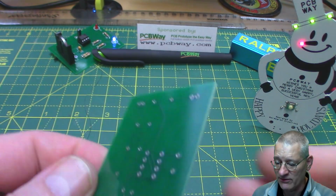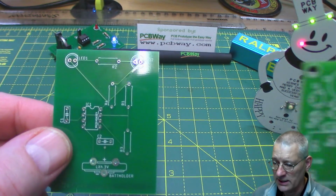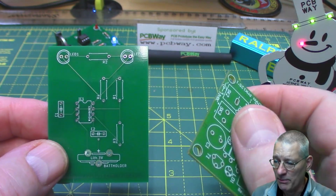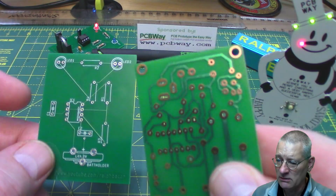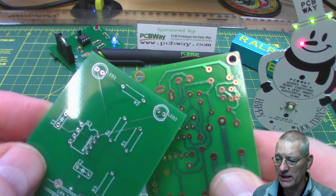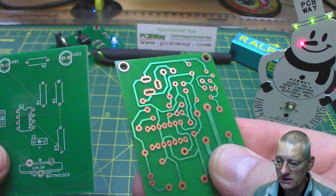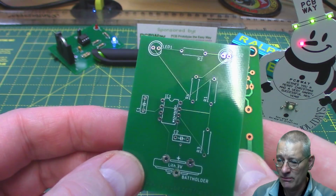Now compare that in fact to a different brand of PCB that is not so good. Here's a professionally designed PCB, but if we look at the back of this, you can see that it's just bare copper, which then oxidizes, and you'd have to clean this one up if you ever wanted to solder on that again. Now admittedly the thickness of these PCB tracks is much better compared to my one, but funnily